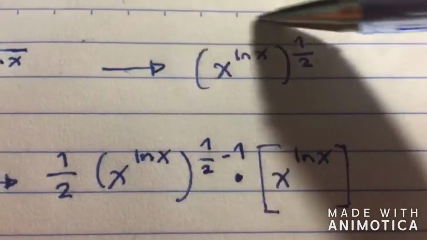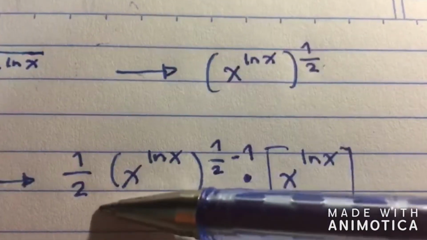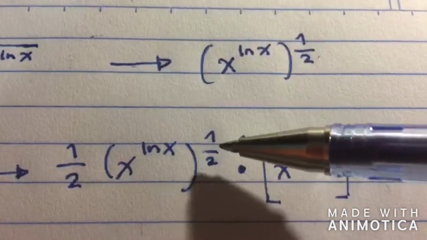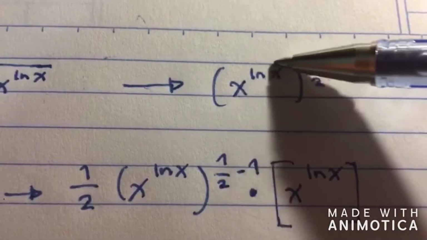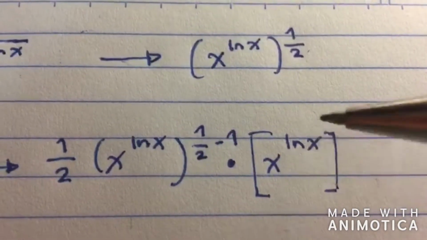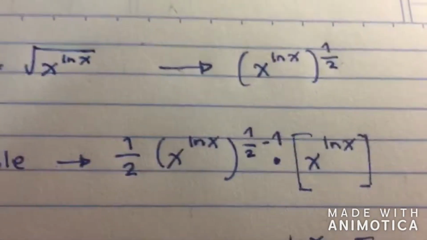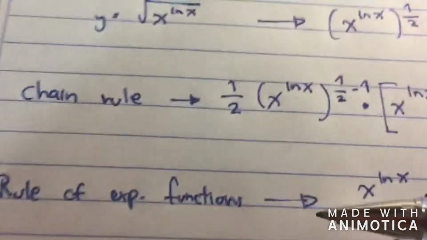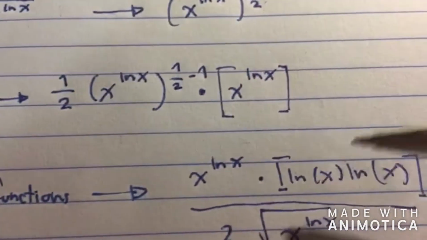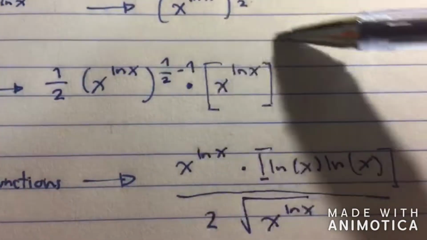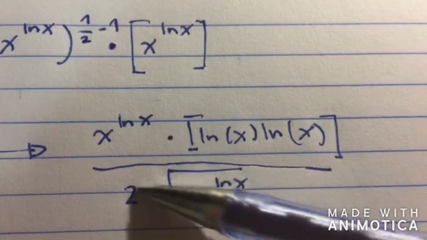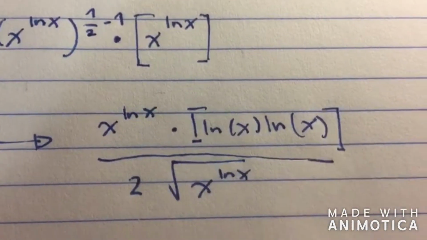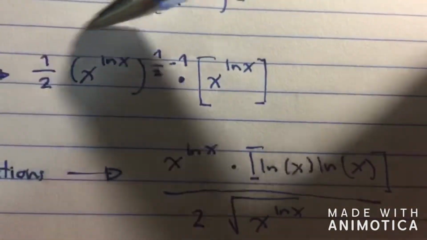First we get the derivative of this whole expression, which is this 1/2 x ln x to the minus 1/2, and then we get the derivative of the expression which is inside the parenthesis, which is the same, x ln x. Then with this we use the rule of exponent functions, and first using this expression, which gave us this expression in the numerator of the division,